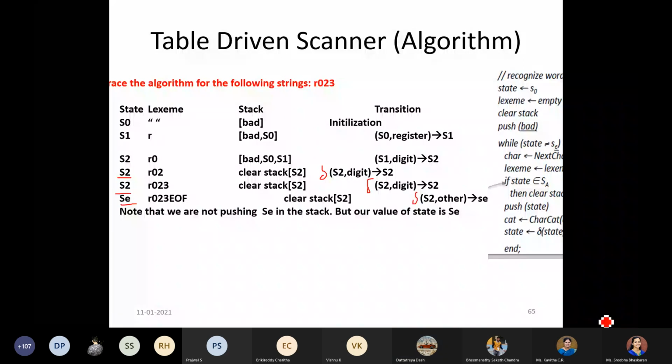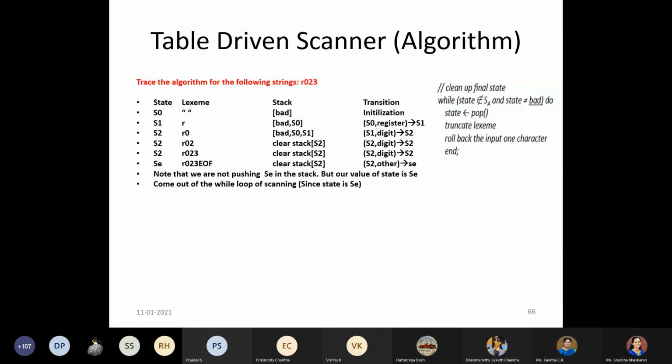So once we had come out of this loop, we have already read all the characters, that is, all the word has been read. Now we have to check whether we can accept it and assign some token to it. That is the pending work. For that, I just removed the remaining part and kept the later portions. In that later portion, what are the things we have to see?